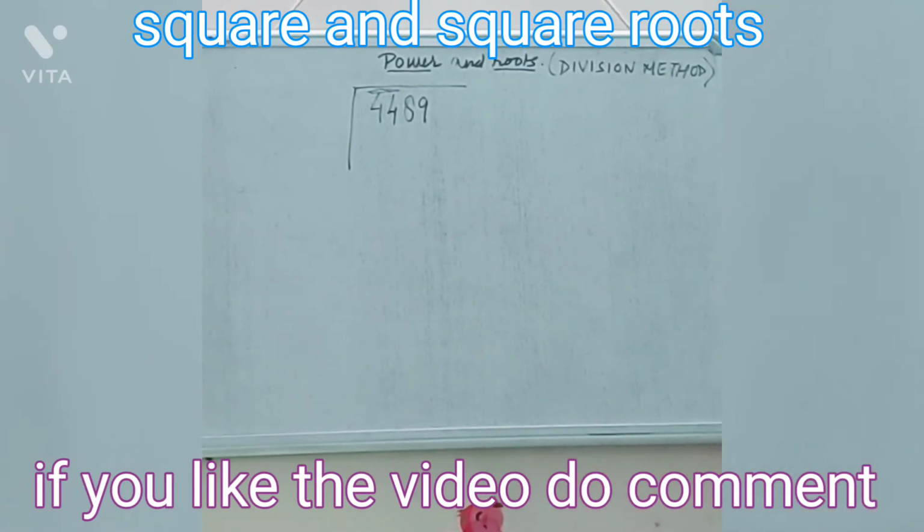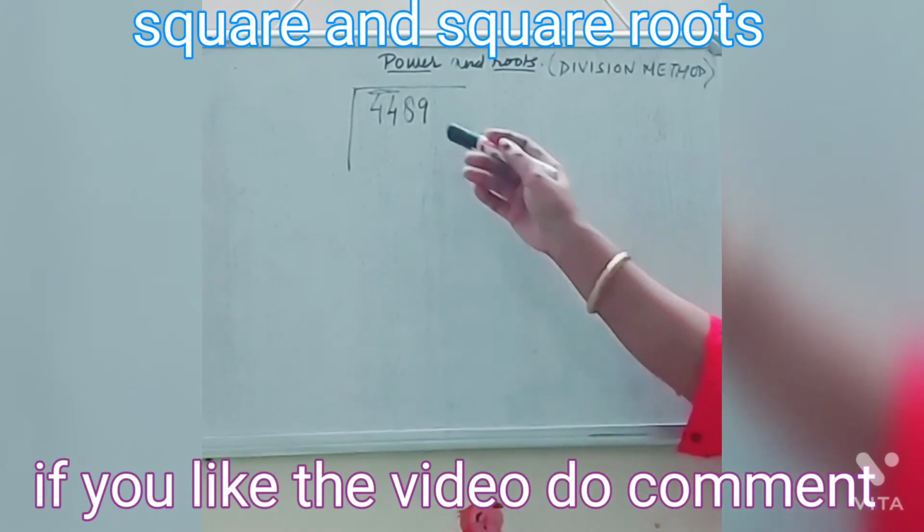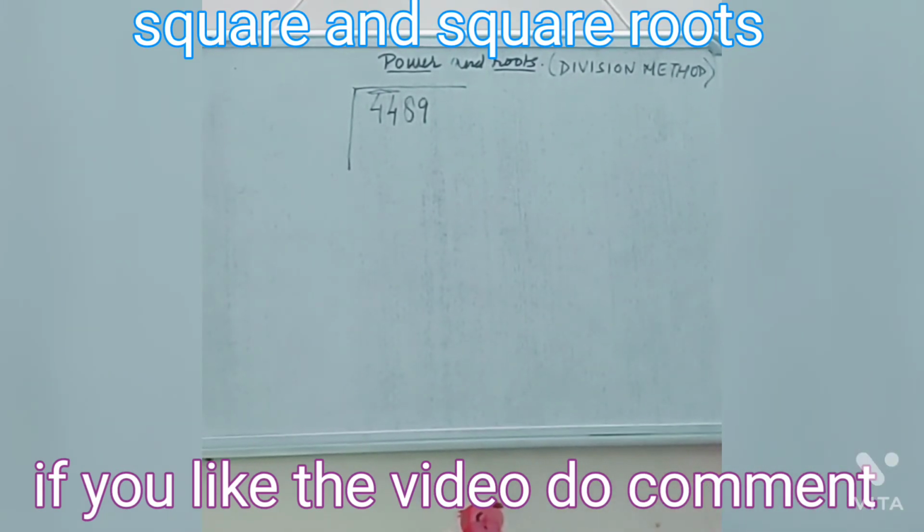Now what we have to do is find a number which, when multiplied by itself, the product should not exceed 44. For example, for 44, if you multiply 9 into 9, 81 will exceed 44. That means we are not going to consider 9. Now 8 into 8, that is 64, again exceeding 44. 7 sevens are 49, again exceeding. 6 sixes are 36. Now this is correct because the number is not exceeding 44.